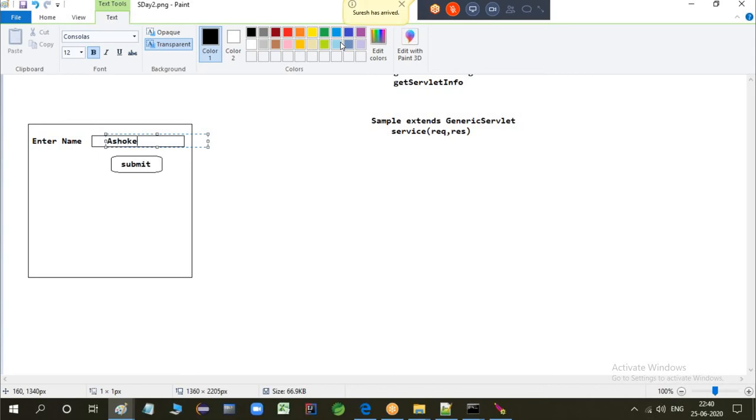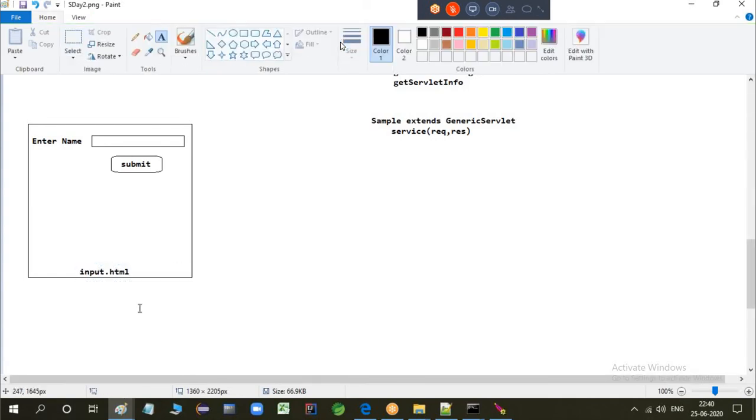So what happens is it will go and display something as a servlet. If you wanted to store something, that's a JDBC problem. I just want to execute this over the server. So that's what we are doing. We have created this HTML form with the name input.html. The input.html page I have created already.